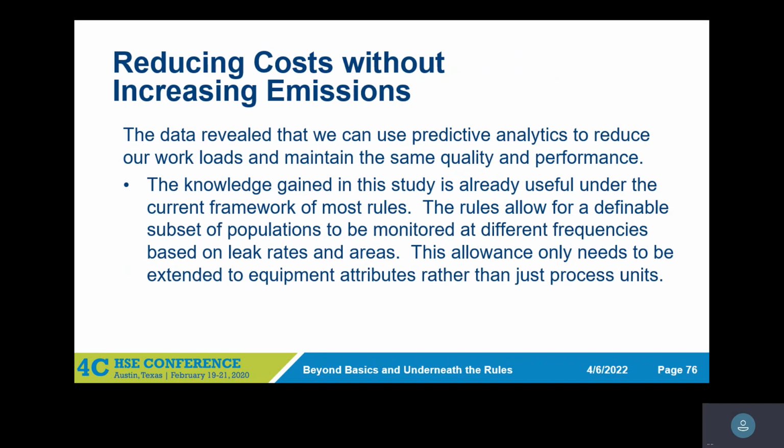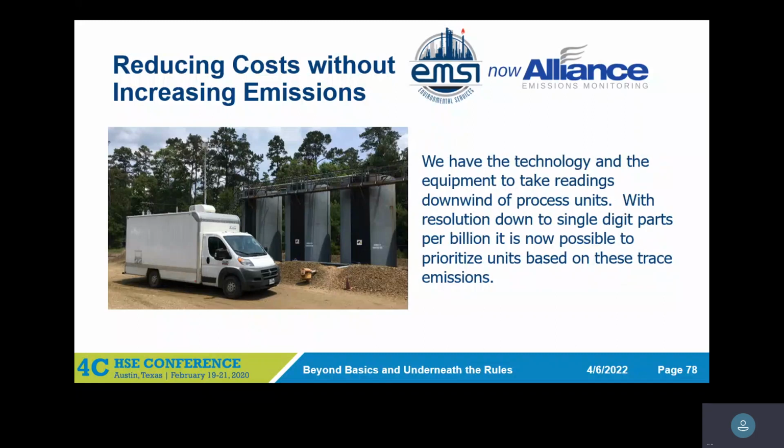Yeah, and some of the newer regulations allow you to group components however you choose. They don't necessarily have to be in the same unit. You can find certain attributes, like all these components that were built by this company called Benelli, and say maybe we need to look at these a little more often because they seem to leak more than everything else. Some of the newer regs, the uniform standard, allow you to do that. And even some of the old regs like BD, BDA,